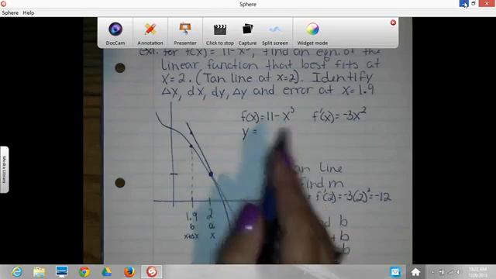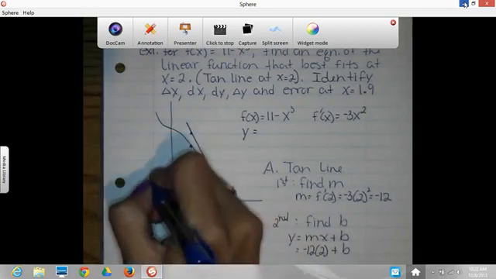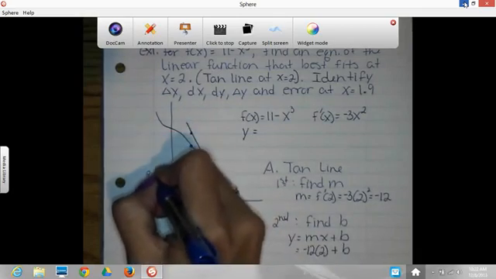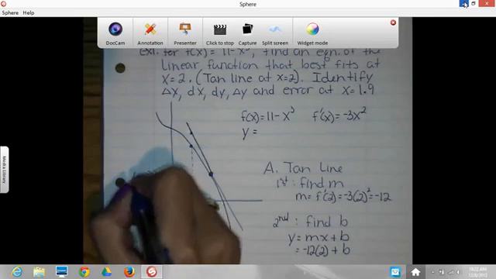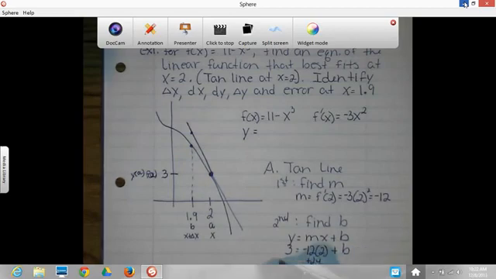This is 3. So that's my f of 2 value, or my f of a value, and my y of a value. So I can put a 3 here. This will be negative 24, so I'm going to add 24 to both sides. So b equals